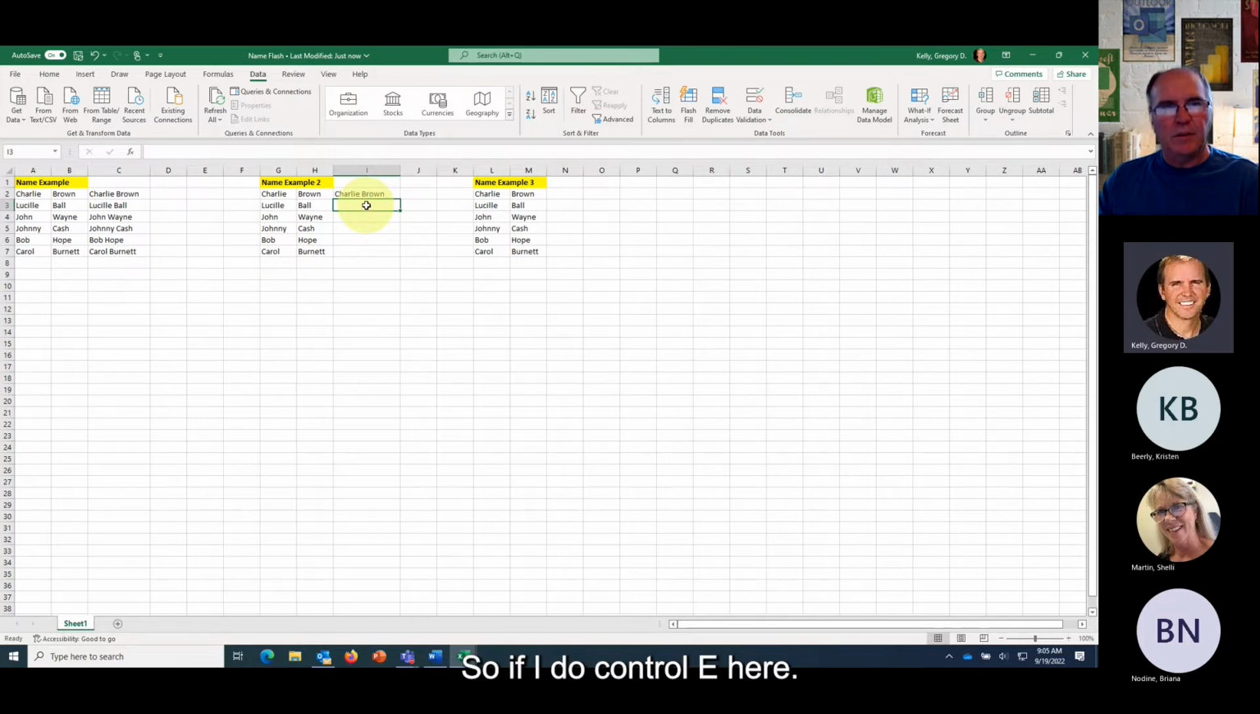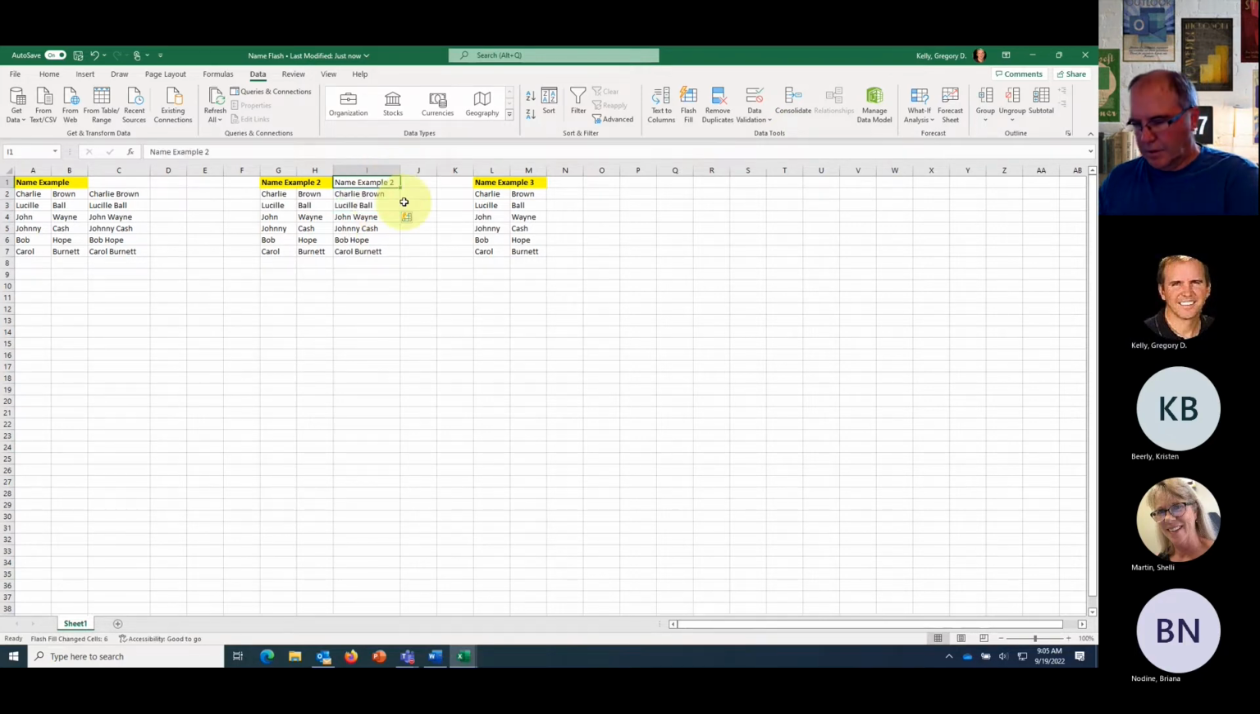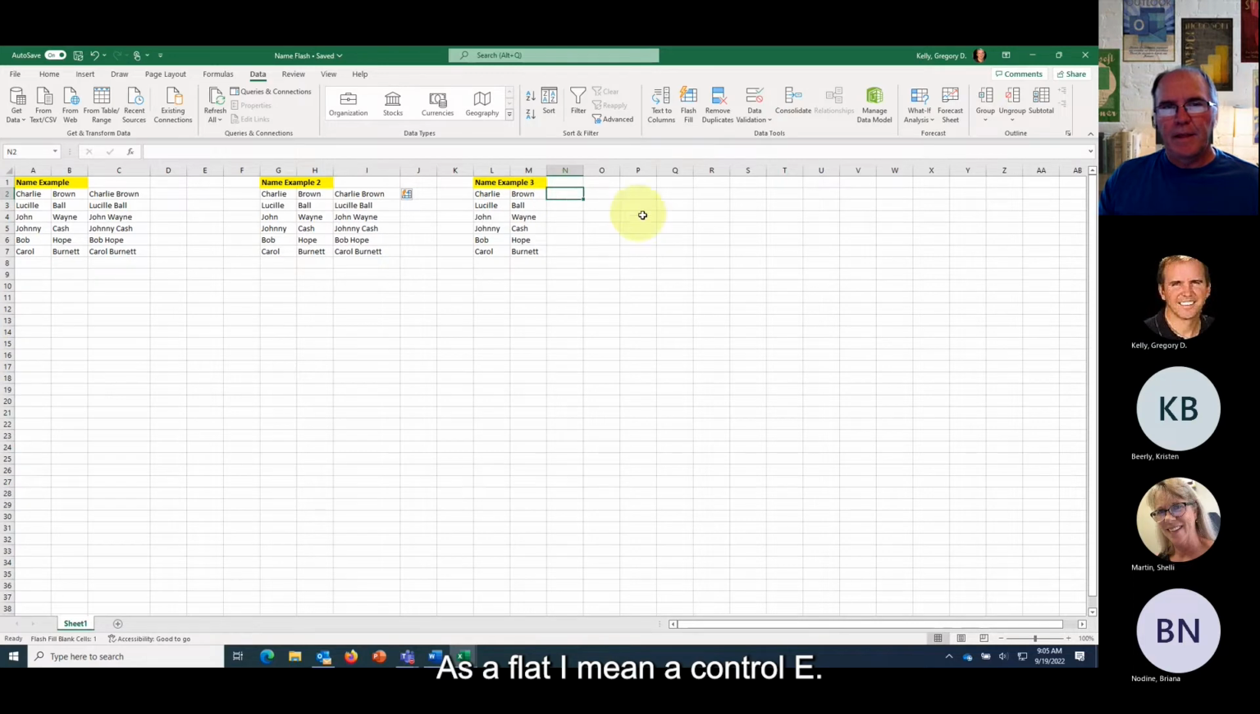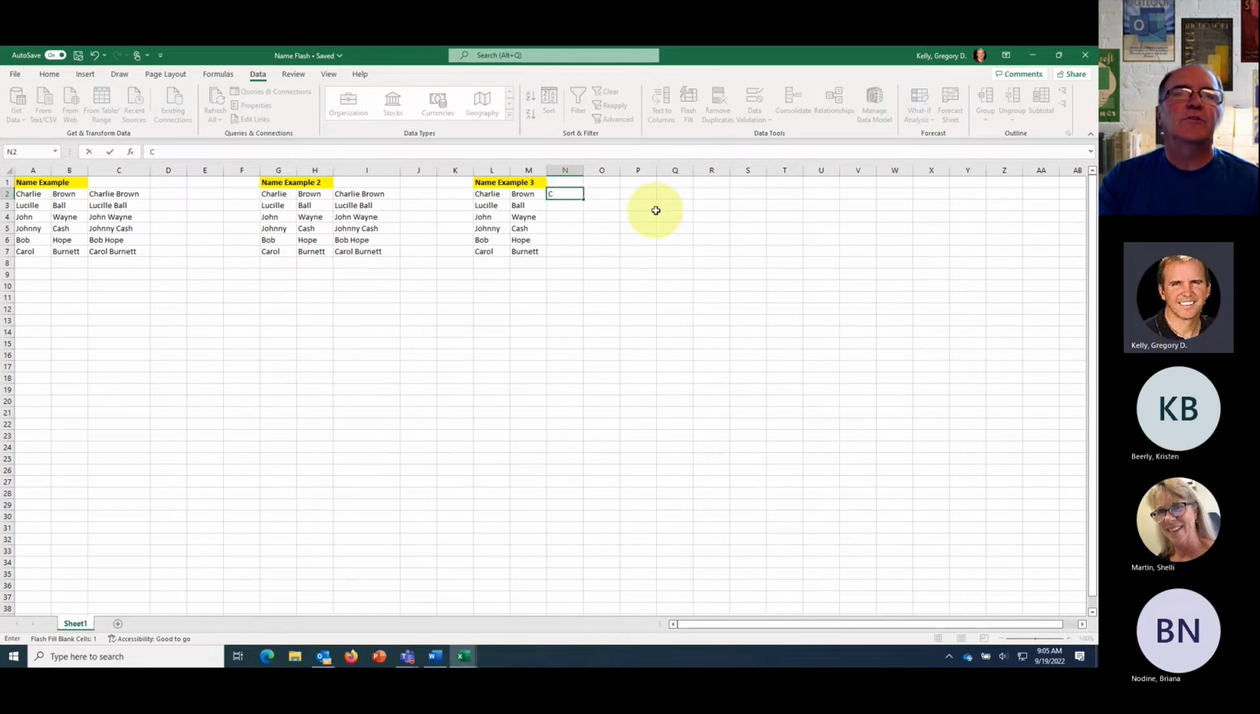So if I do Control E here, copy that at the top of, but that's a quick way to get a flash fill. So that's a good tip, is a Control E. The last way you can do it is I can do Charlie Brown,